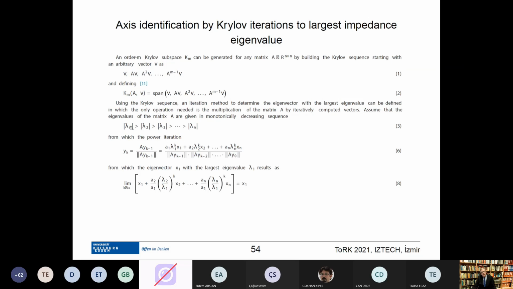Then it can be shown that if you have a series of eigenvalues which are monotonically decreasing, so the first one is the highest, and you don't have two equal. In the case of two equal, it's a little bit more complicated; you have subspaces. If you apply this iteration, you converge to the eigenvector of the highest eigenvalue, because you divide by the eigenvalue, and then all this becomes a power of k, and this is far larger than this one. If k is large enough, then this will tend to 0. So more or less, applying the same matrix over and over again leads to convergence to the eigenvector